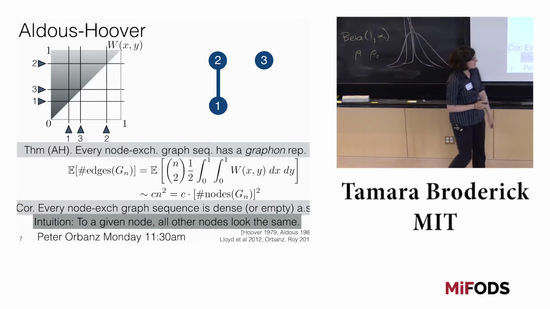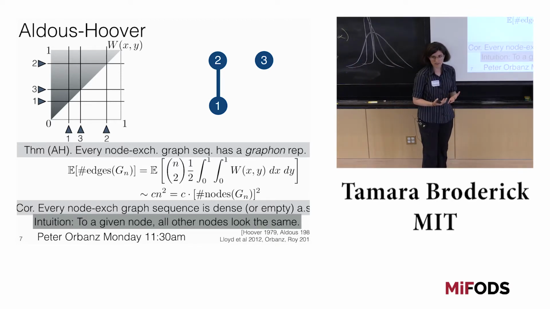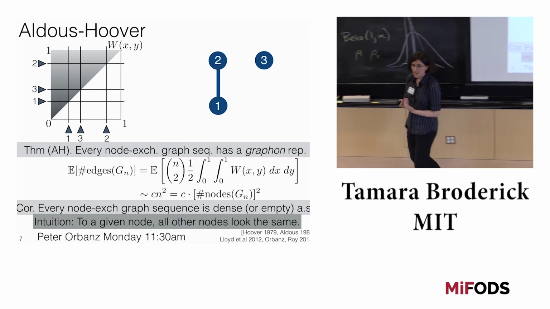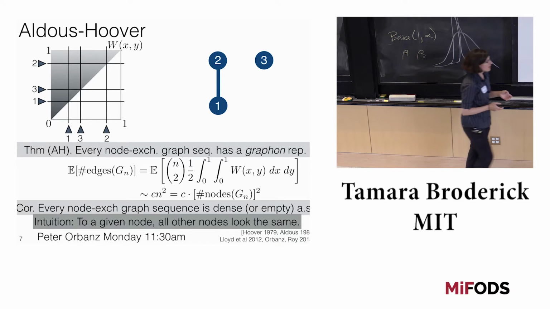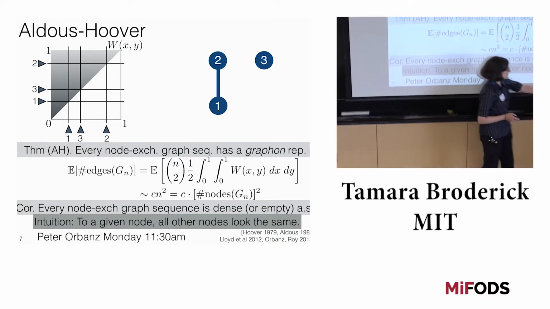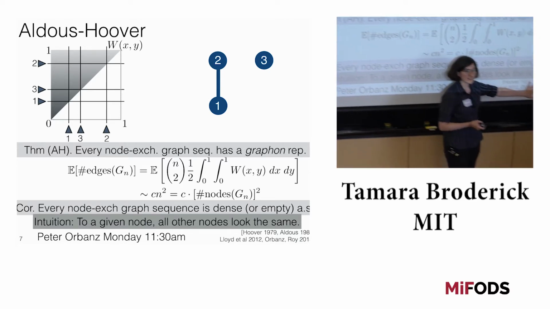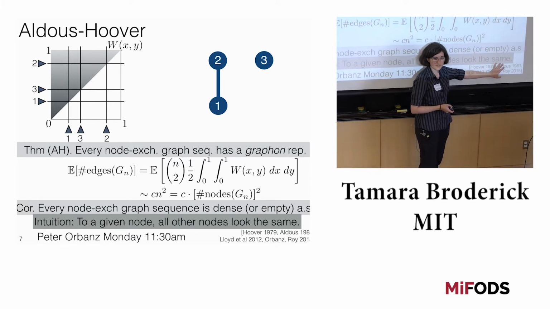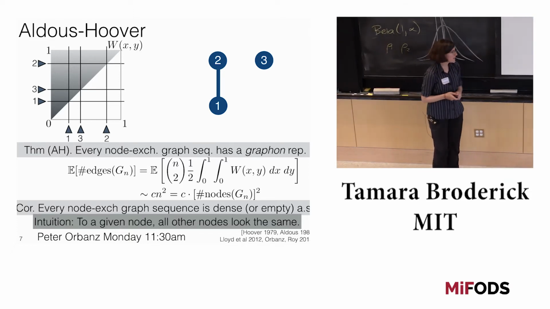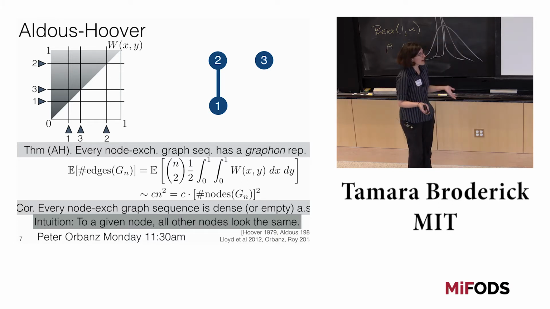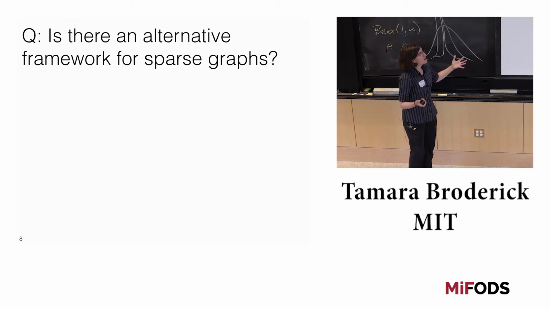I'll point out, we've seen these exchangeability symmetries now and how they affect us for the purposes of clusters and graphs. There's this great paper by Orbanz and Roy in 2015 that emphasized this existing problem from the Aldous-Hoover theorem and from this graphon representation to the Bayesian nonparametrics community. And Peter Orbanz will be talking about different types of symmetries and their implications on Monday at 11:30 a.m. We're also going to get a lot of great talks about how we deal with this problem. So in particular, the obvious next question is, is there something we can do?